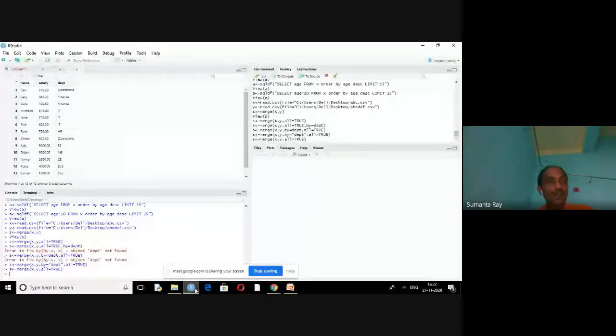That means x.name, x.salary, y.name, y.salary, and department should be in one column. So in this way, you can merge two different relations.